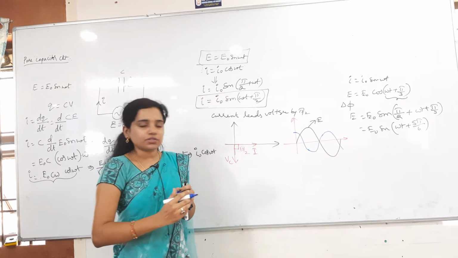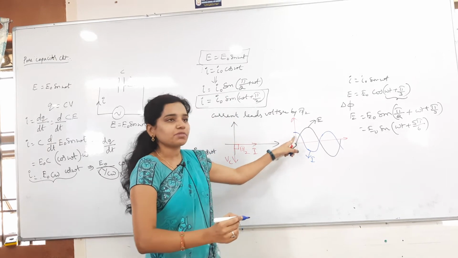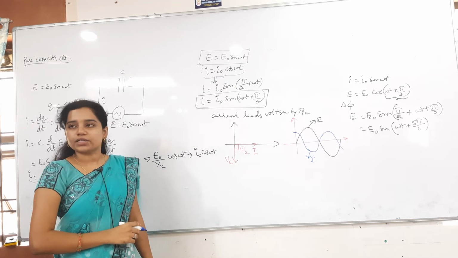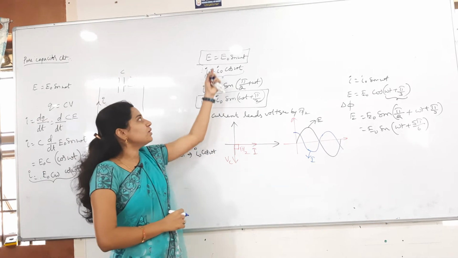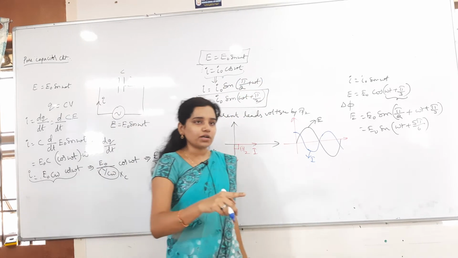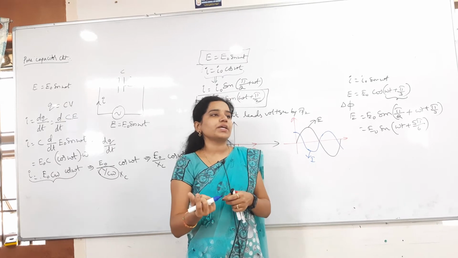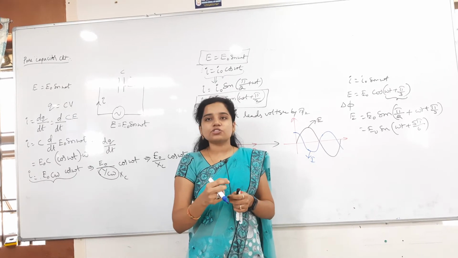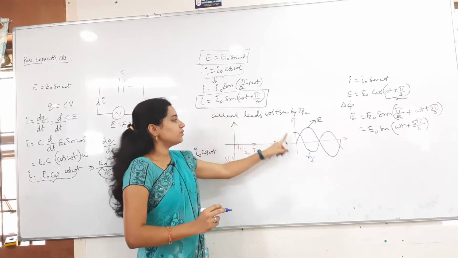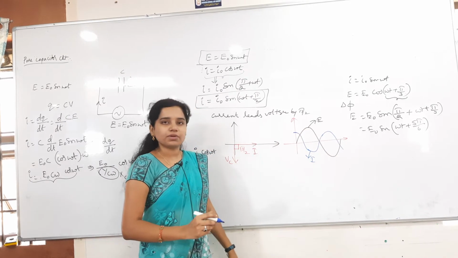You understand, right? So this blue one is the current. It is starting obviously from the maximum value. What is the reason? The function is I equals I naught cos omega t. Clear? And for the voltage, E equals E naught sin omega t. Sin function means start from the origin, cos function means start from the maximum value. If it is plus cos omega t, it starts from plus 1. Minus cos omega t starts from minus 1 obviously. Here it is plus cos omega t, so it starts from this point. This is the voltage and this is the current we got.